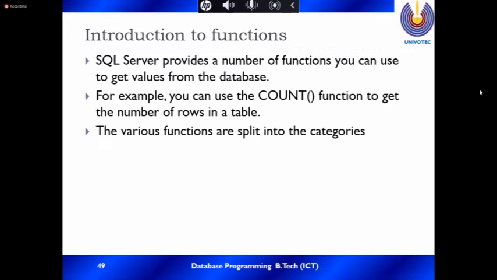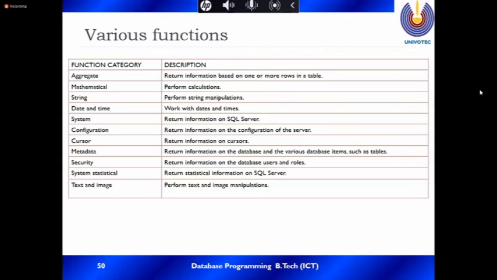The various functions are split into categories. Aggregate functions return information based on one or more rows in the table. Mathematical functions, like square root, perform calculations. String functions perform string manipulation.